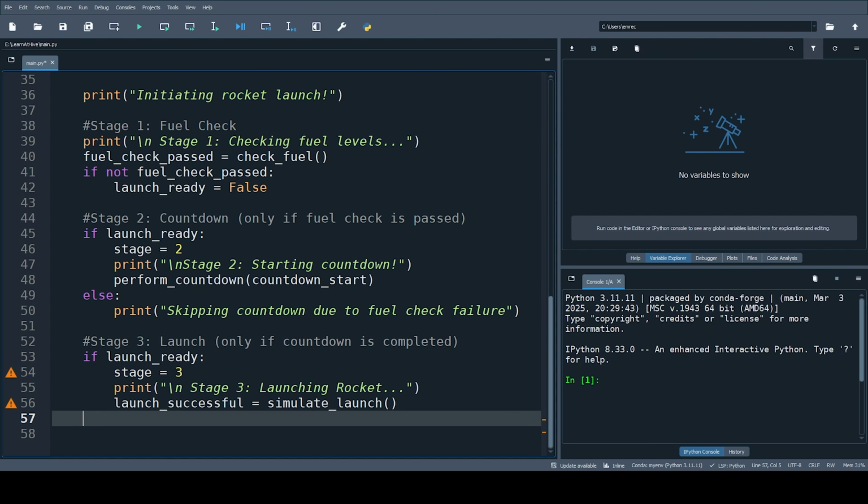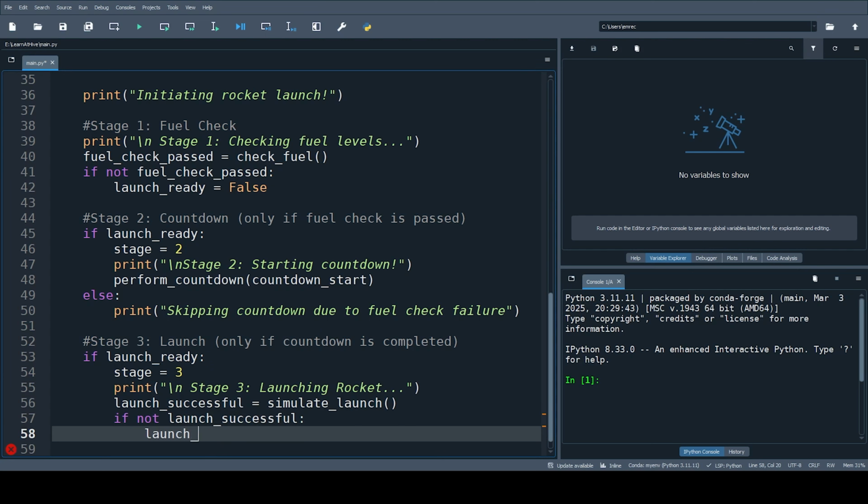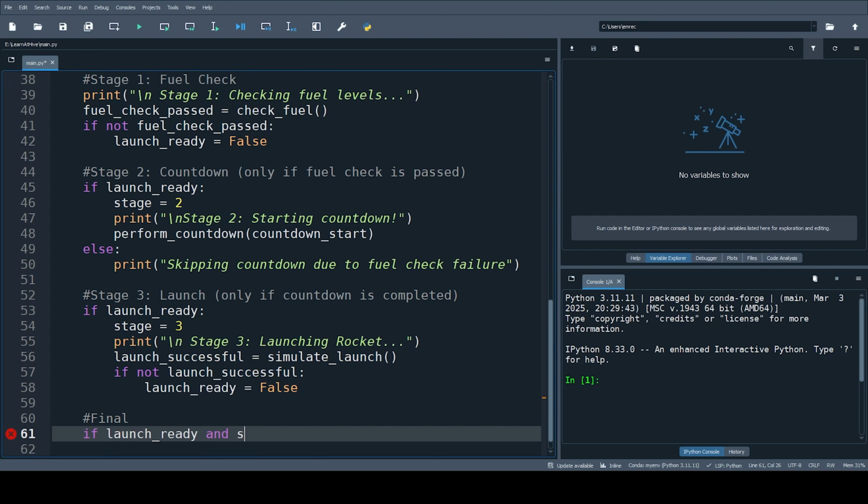And we will say if not launch successful, launch ready equals False. And we will print our final message. So let's say final, if launch ready and stage equals 3,